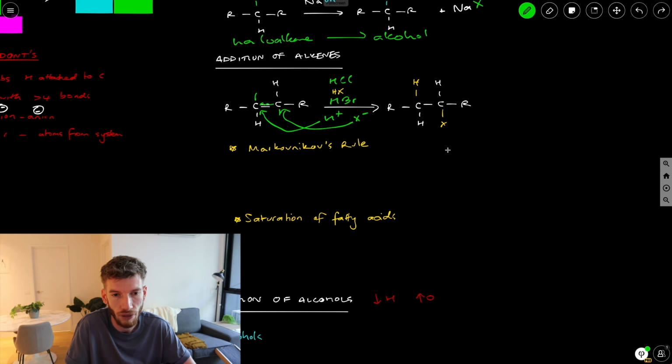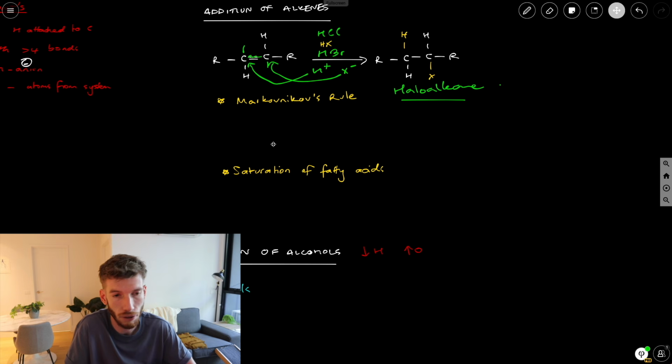And so now we've ended up with a haloalkane. So an alkane with a halogen attached. And there we go, right? So that is an example of an addition of alkenes. Now, one thing is we do have to watch out for something called Markovnikov's rule. So Markovnikov's rule, apart from it being an absolute tongue twister of a name, is it says that when you're adding something across a double bond in addition, the hydrogen out of the two,